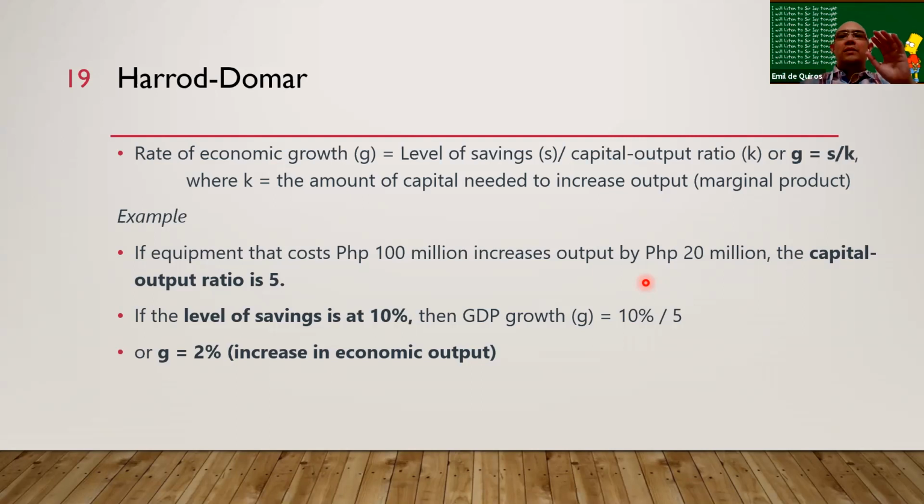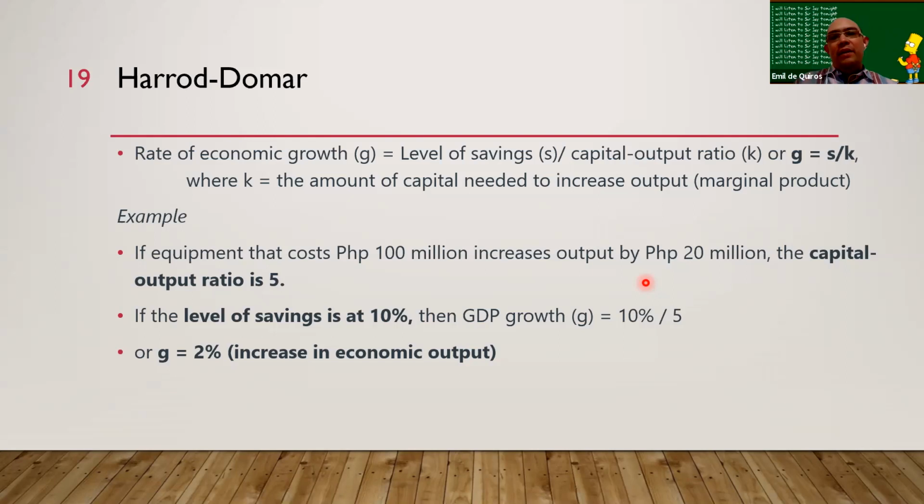G equals S divided by K. Basic math. No calculus involved, etc. G stands for the rate of economic growth. Economic growth, as we said, is the increase in the pie. So it's not the pie itself, but it's how fast the pie increases. It's like your belly. How during the pandemic, if you keep eating every day, it's how fast your tummy goes up, not how big your tummy is. It's the rate of increase.